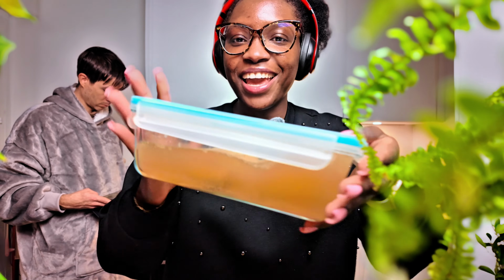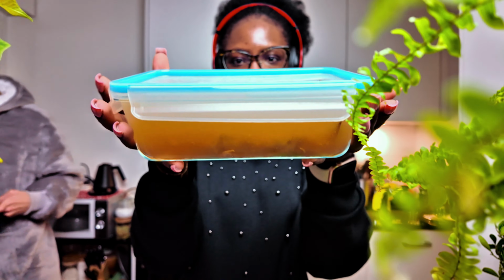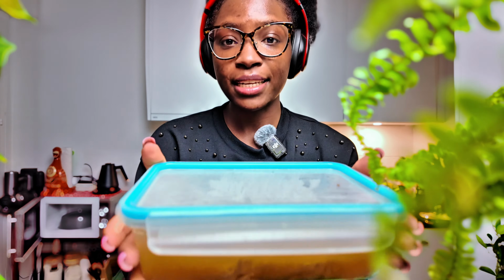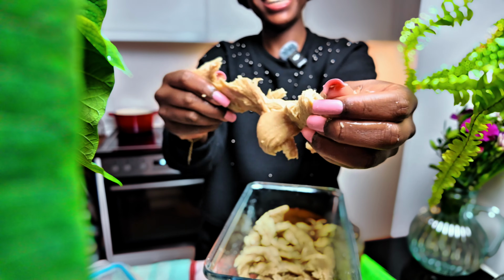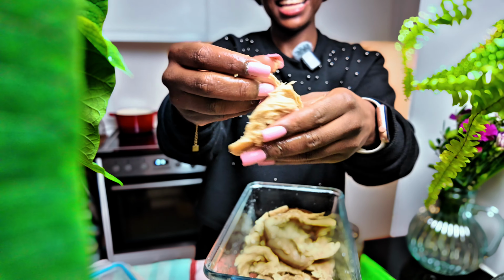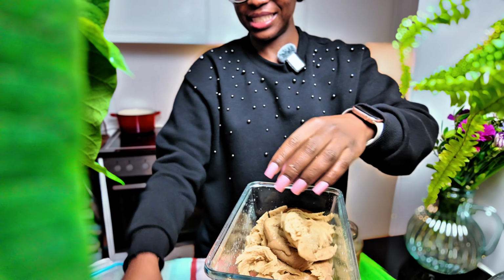And this is the next day. We have our seitan completely rested and it's ready to be shredded, and then we're gonna make fajitas. Doesn't it look like chicken breasts? I guess